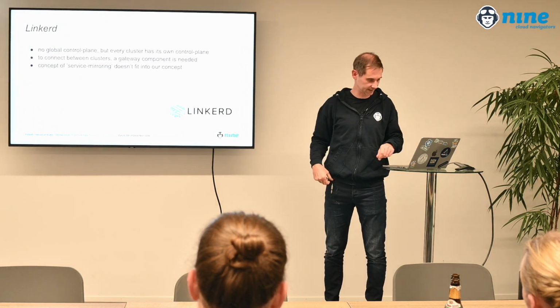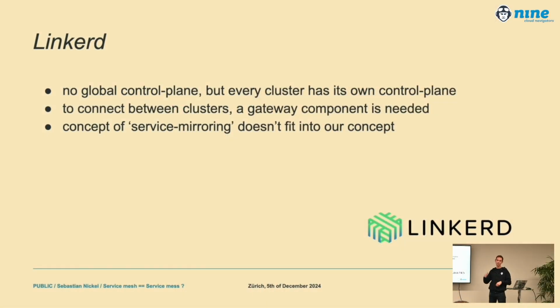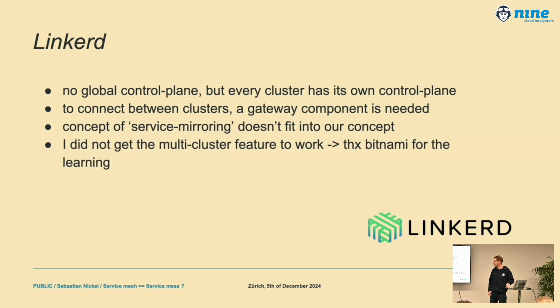The problem with that is it's called service mirroring, and it does exactly that. Mirroring means one-to-one, also namespace-wise. So they expect that you have the same namespaces set up on all the connected clusters, and that's not the case for us. I mean, especially for customers' clusters, we don't know which namespaces they will come up with. So that doesn't really fit into our concept. I looked a bit into the Go code, and it was not really changeable because the whole system is also established in the identity trust. Again, identity is based on string, right? And that was really baked into that. Let's call it like this.